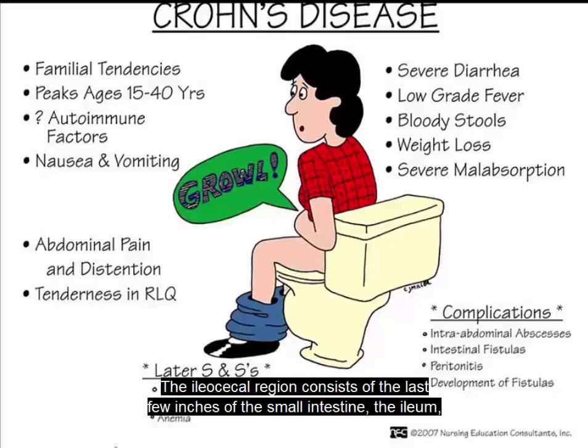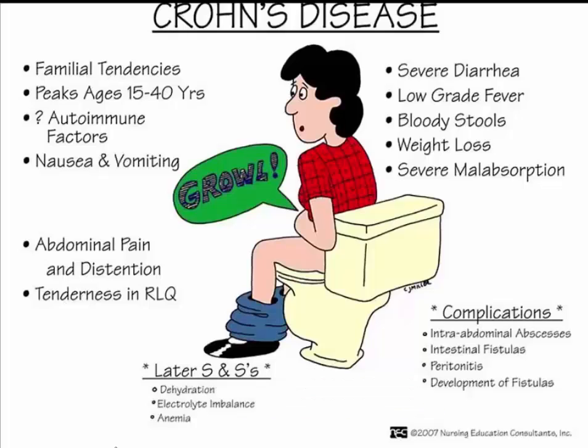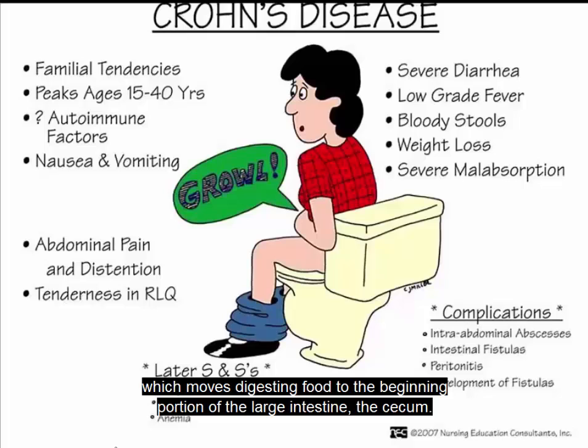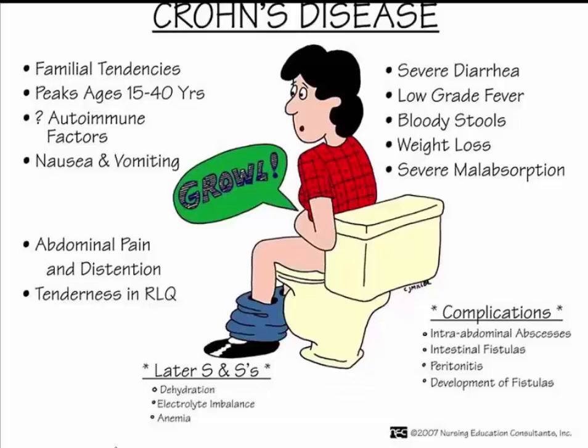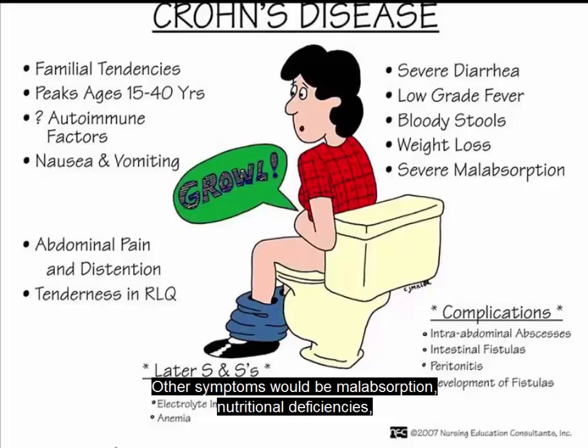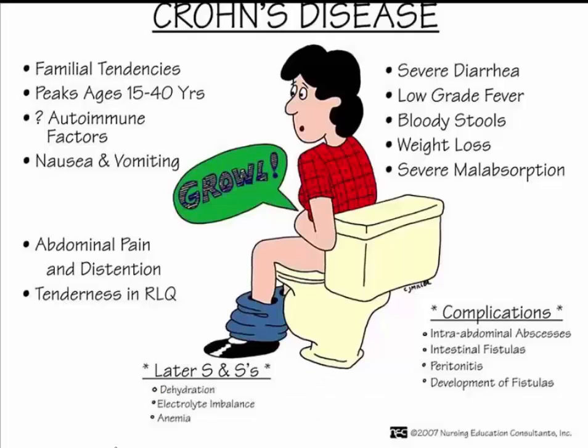The ileocecal region consists of the last few inches of the small intestine, the ileum, which moves digesting food to the beginning portion of the large intestine, the cecum. Crohn's disease can occur anywhere along the digestive tract. Other symptoms would be malabsorption, nutritional deficiencies, and complications might be classified as intestinal, localized to the GI tract, or